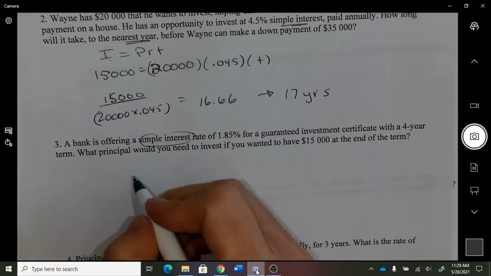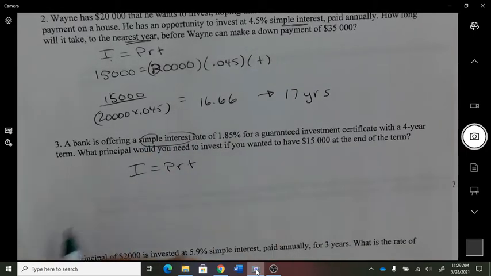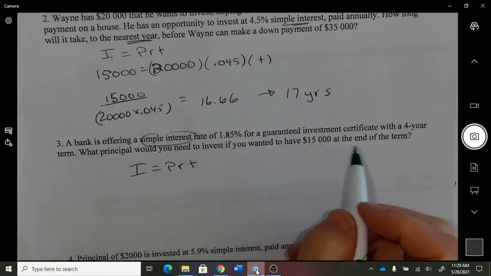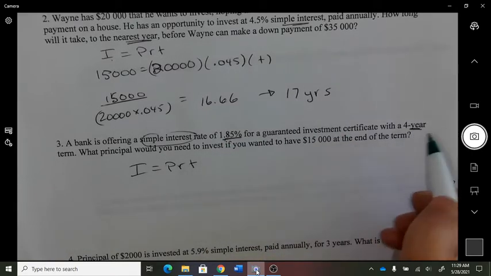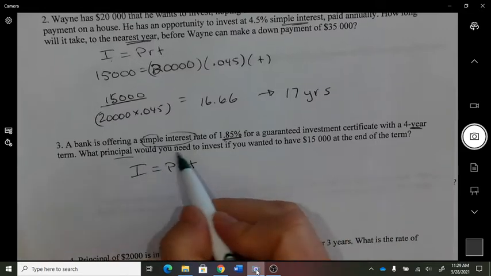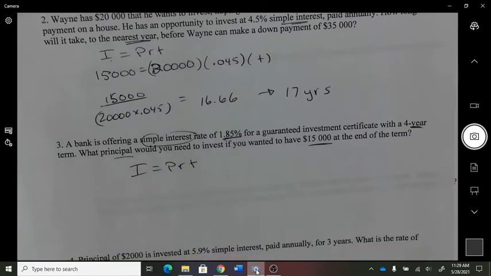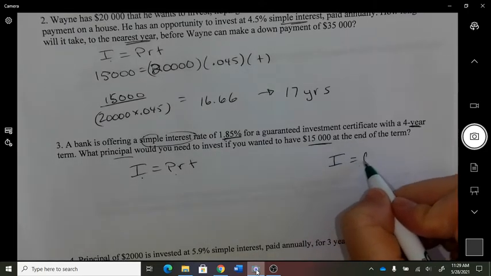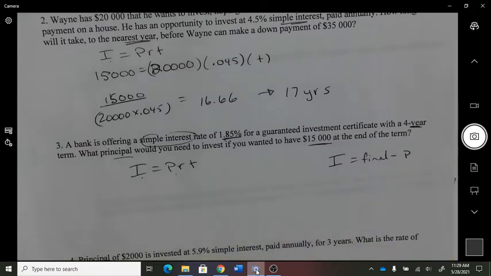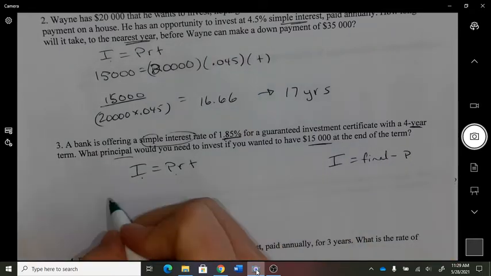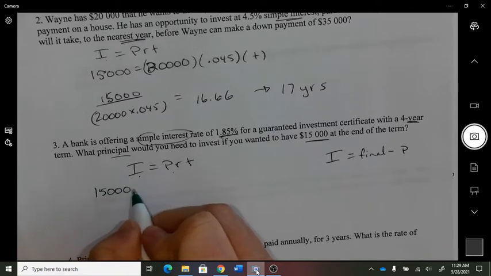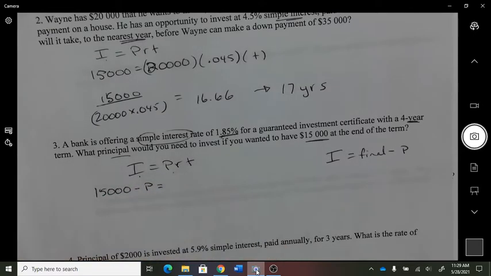Simple interest rate, I start reading that, so I'm going to start with PRT. So here's a rate, 4 years. What principal would you invest if you want to have 15,000 at the end? I don't know my interest, and I don't know my principal either. So I have two unknowns. Do you understand that interest equals the final minus the start? So I do know that my final is 15,000 minus the start. So that would be the interest,